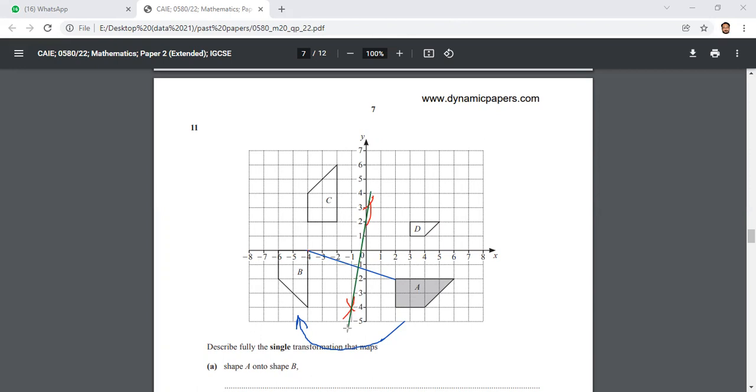Then draw 1 more perpendicular bisector by taking any other 2 corner points. For example, if you are taking this corner point with this similar corner point, it's exactly half. If you count the number of boxes, 1, 2, 3, 4, 5, 6, 7, 8, 9, 10. So 5 boxes exactly, 1, 2, 5. So you can do one thing. Again, you can draw